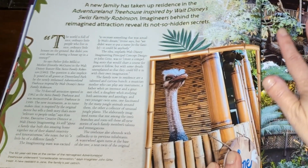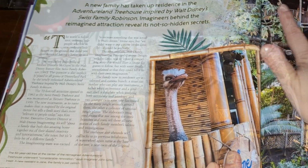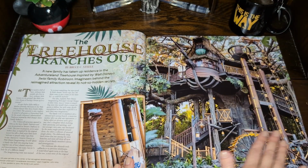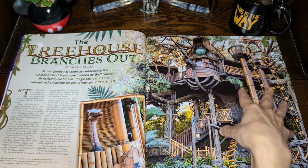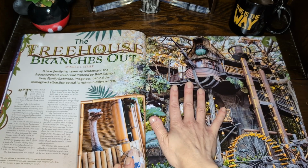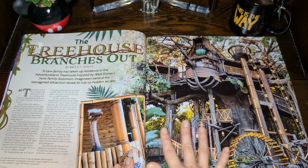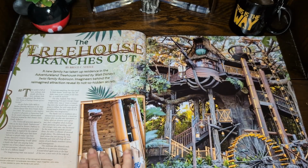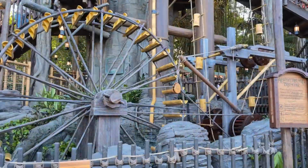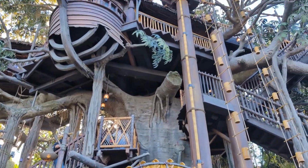So this is all about the new treehouse that was reimagined in Disneyland Park, in my home park. I remember when they did this. I mean, it originally was the Swiss Family Robinson treehouse, and then they changed it to Tarzan for some reason. But thankfully, they've brought it back to the Swiss Family Robinson theme. So this is a very lovely and welcomed reimagining of this attraction. I've gotten to explore it a bit in my own park in Disneyland, so I will share some of that